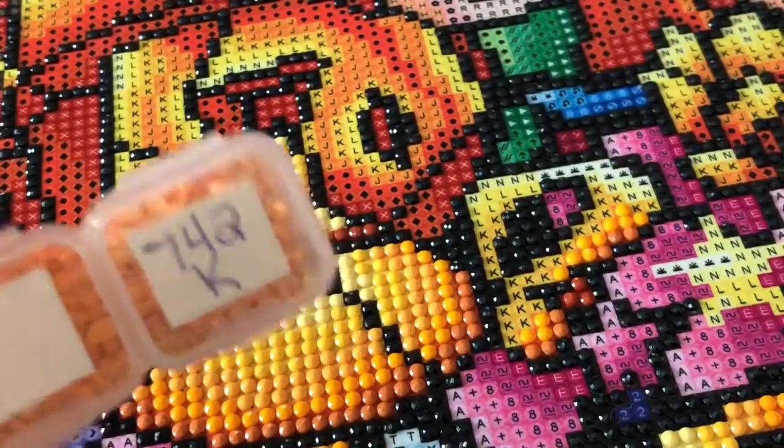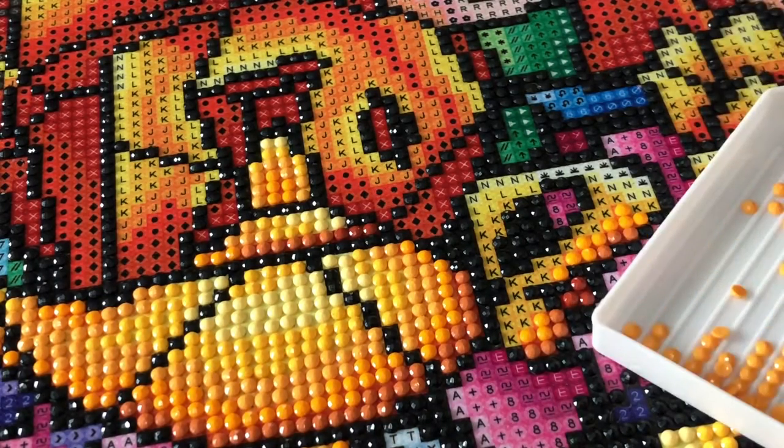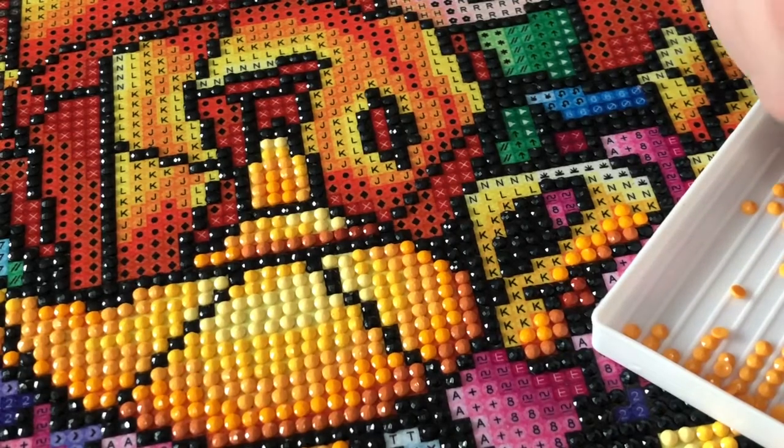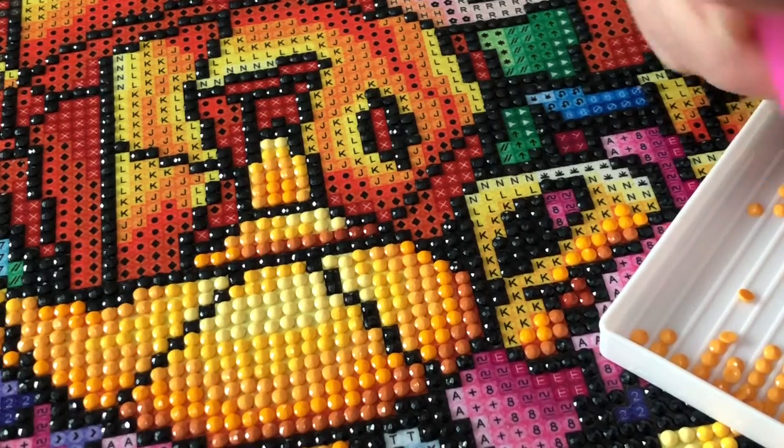Chat break. Gonna go back to 742. That is a little bit of a smaller diamond painting. I don't have the exact size off the top of my head. I'm gonna put a reminder here. I'm writing a note. I will link it down in the comments so you can see what I'm talking about. You've probably seen this canvas before. Again, it's one that I saw repeatedly in the ads when I started to look at diamond painting sites, and it's a lot of blues and purples. But I'm gonna put it down below, and